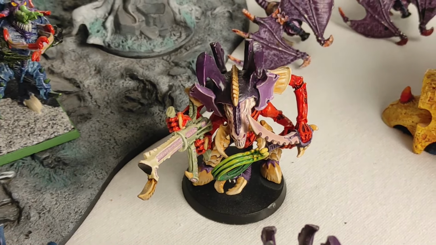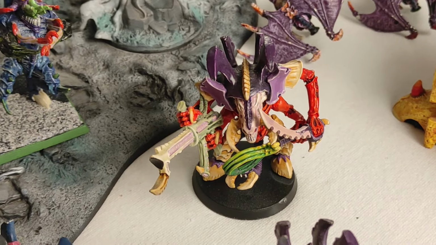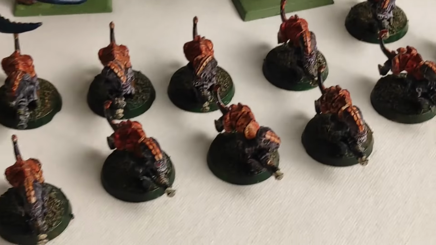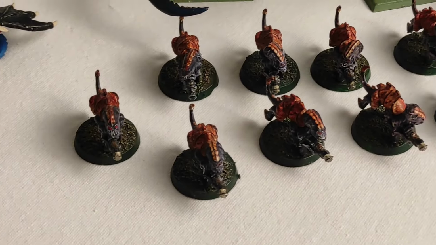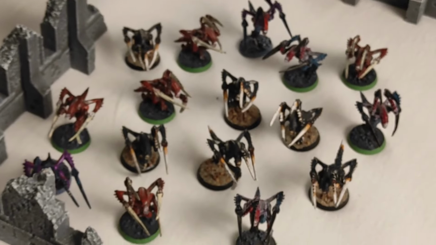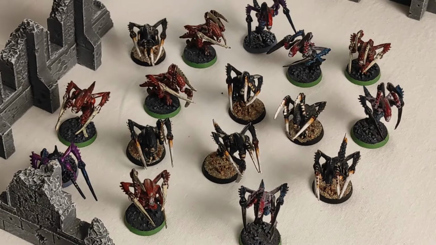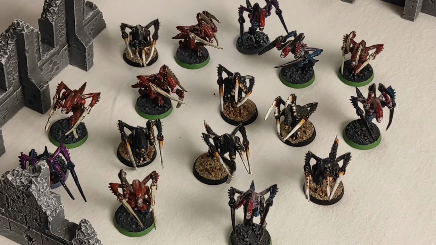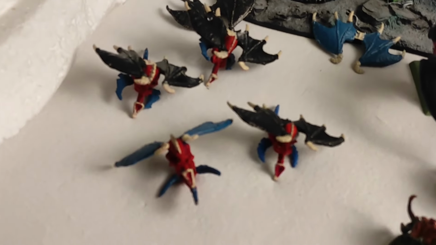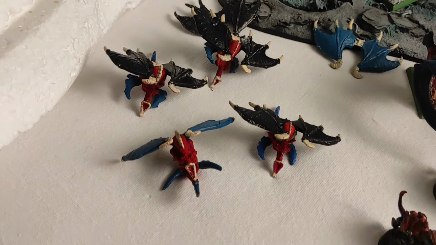21 minus 7, so these should be around 14 Termagants, I think. And we've got 16 Hormagaunts. It's strange, this time we've got more Hormagaunts than Termagants. And then we've got 3 broods of Gargoyles only, although there are 4 of them alone in our 1000 point